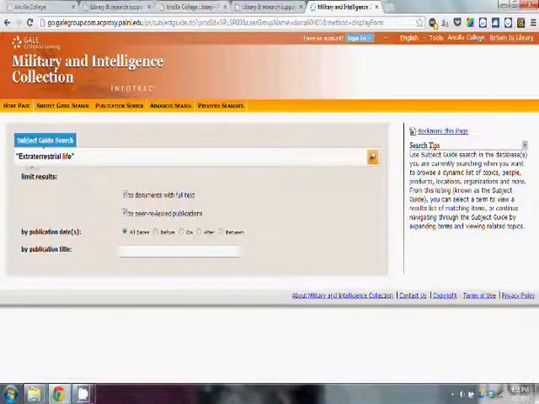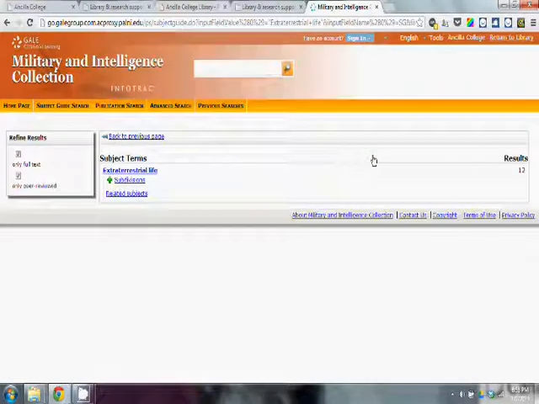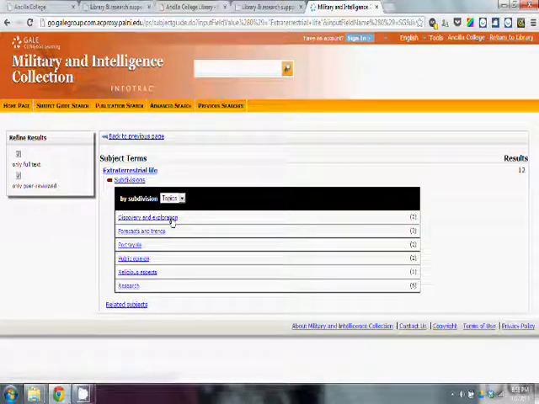So we see in the subject guide there it's pulling up all the different subjects that you might be asking for. Again, this can be helpful if you just want a broader look at different things, and then it'll let you look within the subdivisions. So you might say, well, I want to do something about extraterrestrial life, but what's most interesting to me? Oh, maybe forecasts and trends, maybe discovery and exploration, maybe religious aspects. So you can play around with that a little bit and kind of dig down through the layers and see